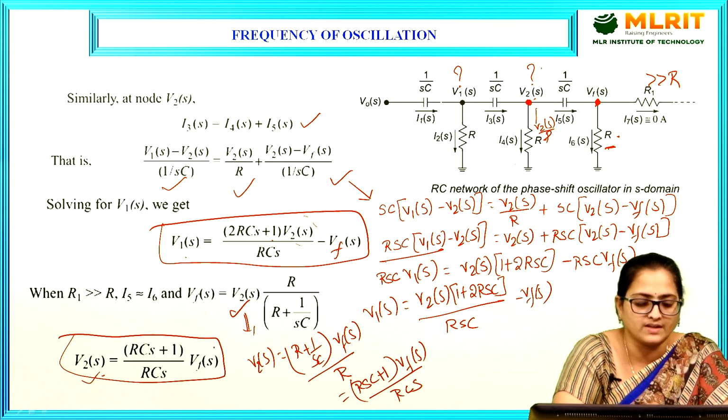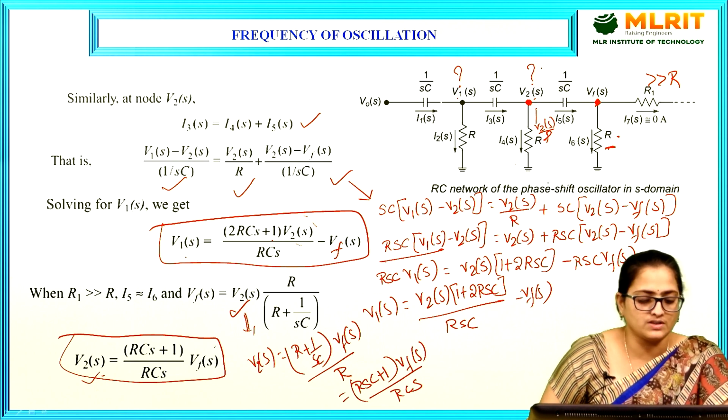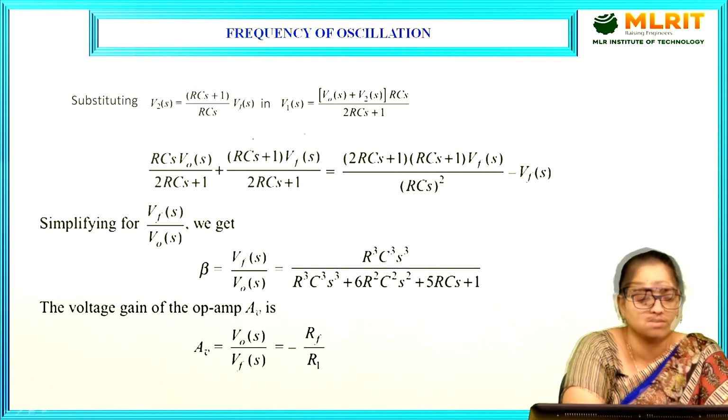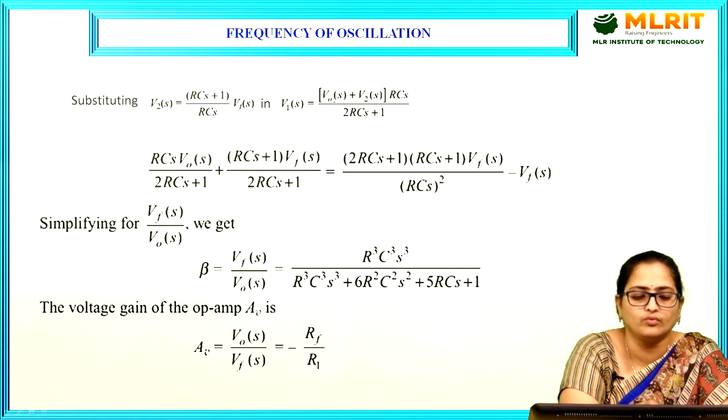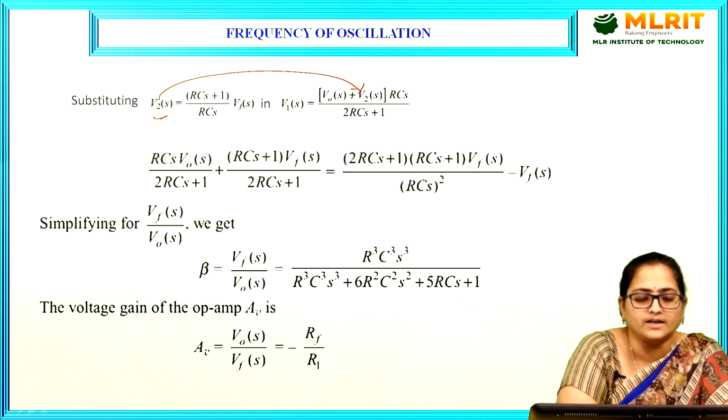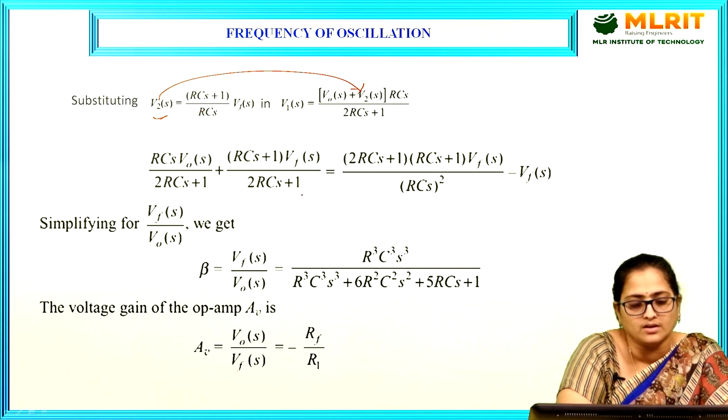Substitute this V2 of S expression in these two equations. So, you can rearrange this expression as, in terms of V1 of S, V1 of S is equal to V0 of S plus V2 of S into RSC divided by 1 plus 2 RSC. Substitute this V2 of S in this expression, and you can write it as RSC into V0 of S divided by 2 RSC plus RSC plus 1 into Vf of S divided by RSC plus 1